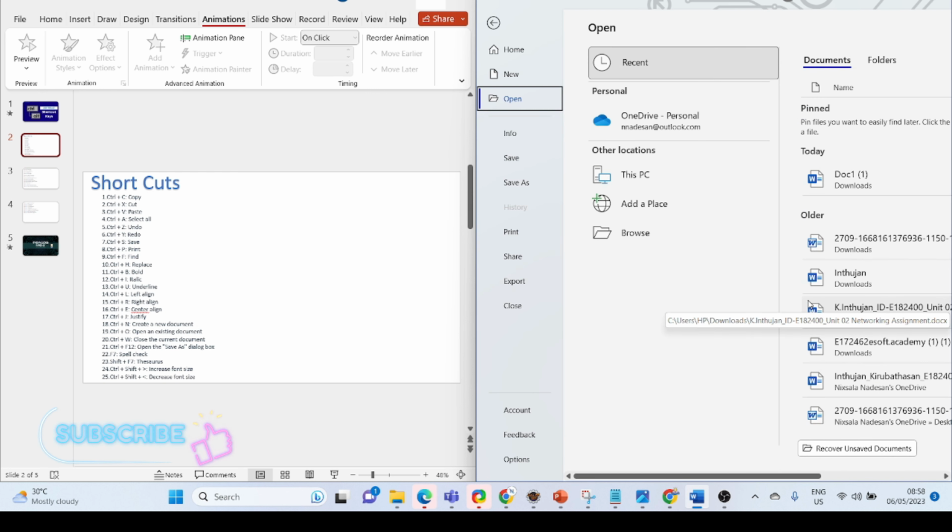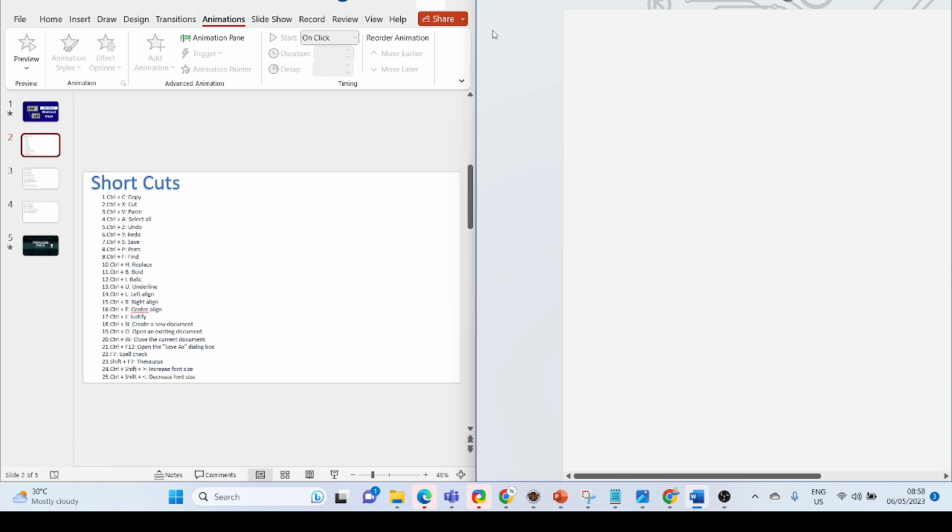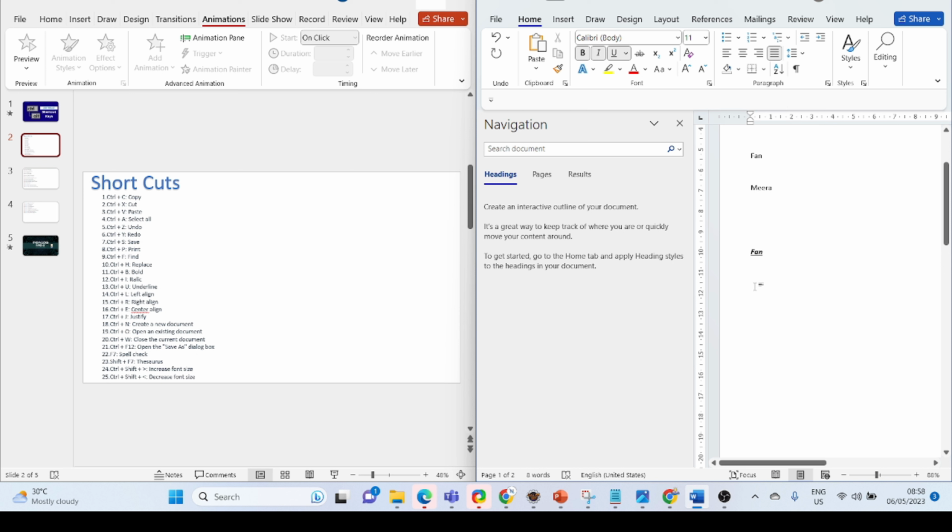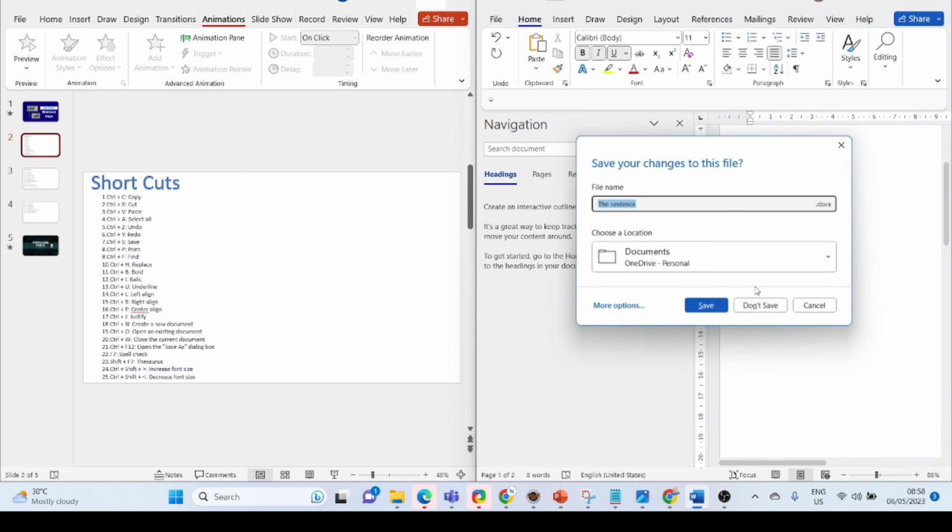Then that's the window that has opened. You need to select the existing document from this window. And another thing, if you want to close the current document, you can press Ctrl plus W. And here, before I close this document, this panel asked me to save this document because I didn't